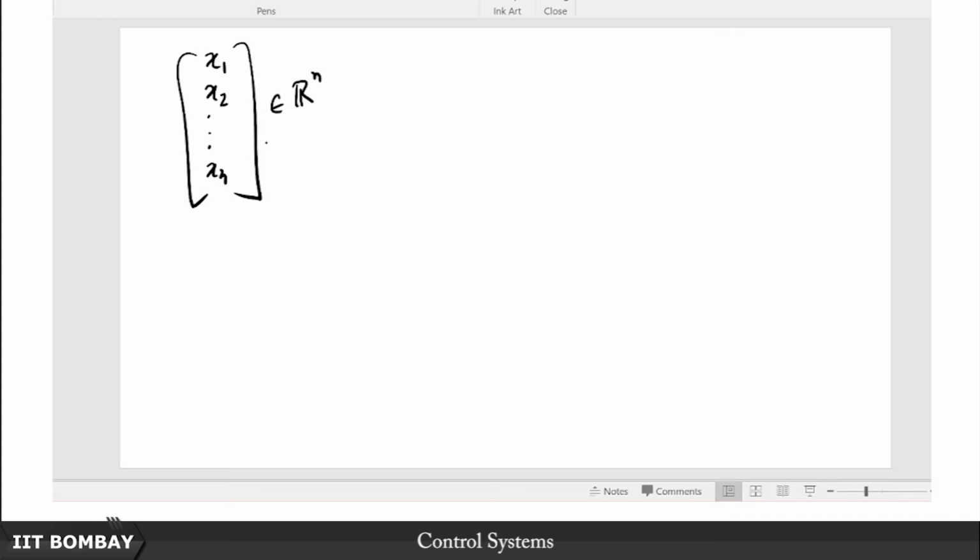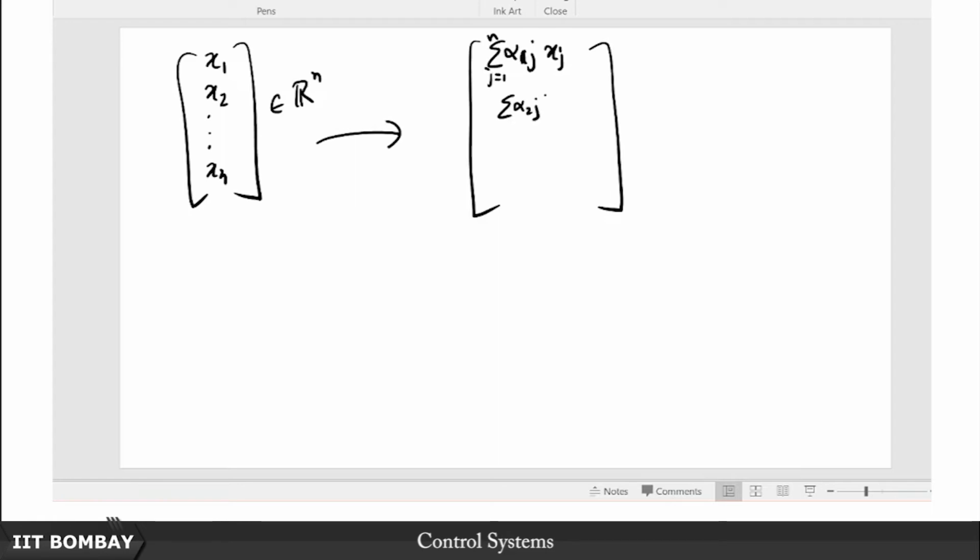This is this vector that belongs to R^n, right? And now this R^n, if you for example transform this, say from here you go to summation alpha_ij, or alpha_1j x_j, j going from 1 to n, then summation alpha_2j x_j, j going from 1 to n. Likewise, then you have summation alpha_nj x_j, j going from 1 through n, and where these alpha_ij